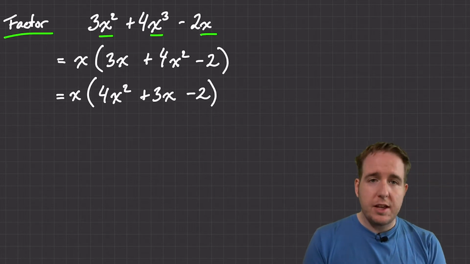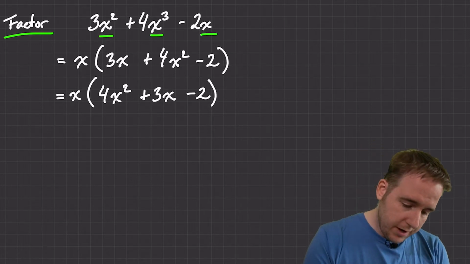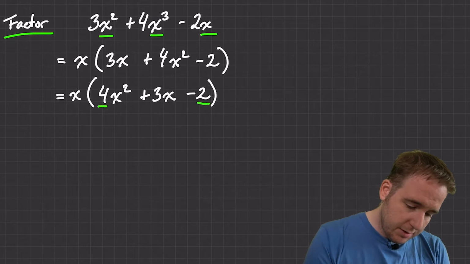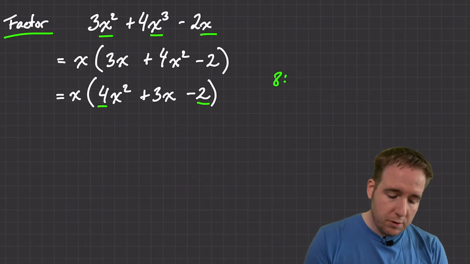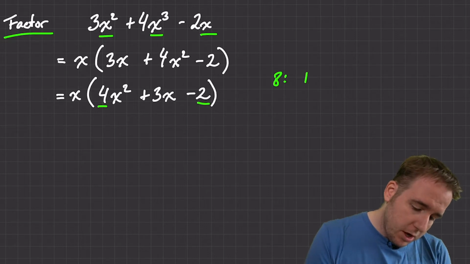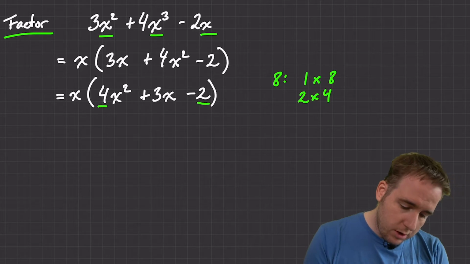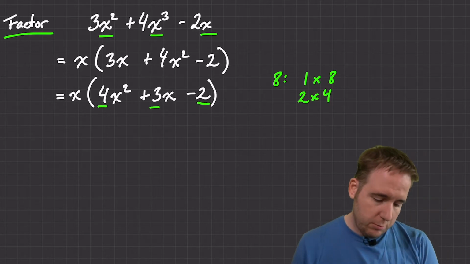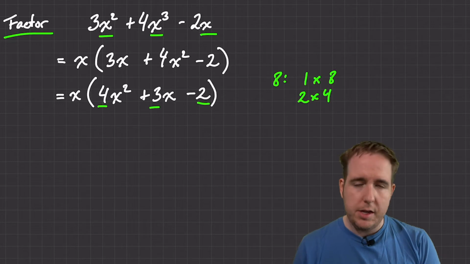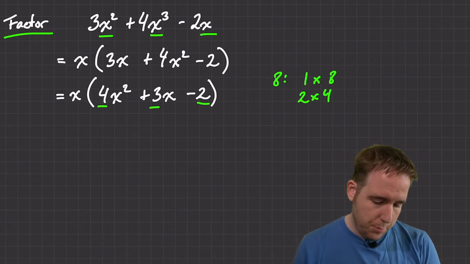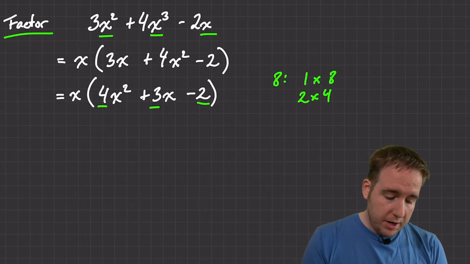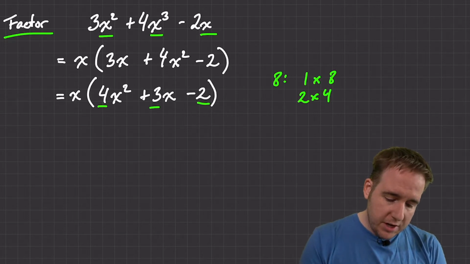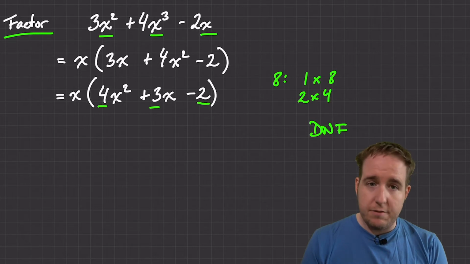Okay, now this looks like it could be that hard kind of factoring. So I take a look at the first number and the last number. That is 4 times 2 is 8. I make the complete list of all the ways to make 8 by multiplication. 1 times 8, 2 times 4. I look for a combination that will make minus 3. Nope. All right, so this is done, but I'm not going to say does not factor, or DNF for short,